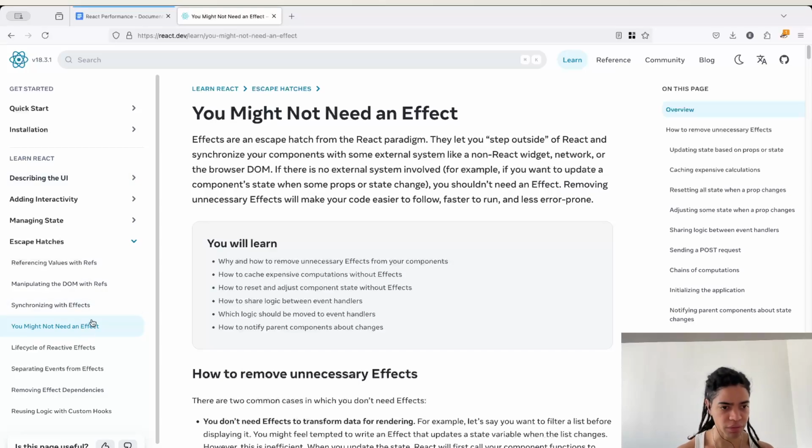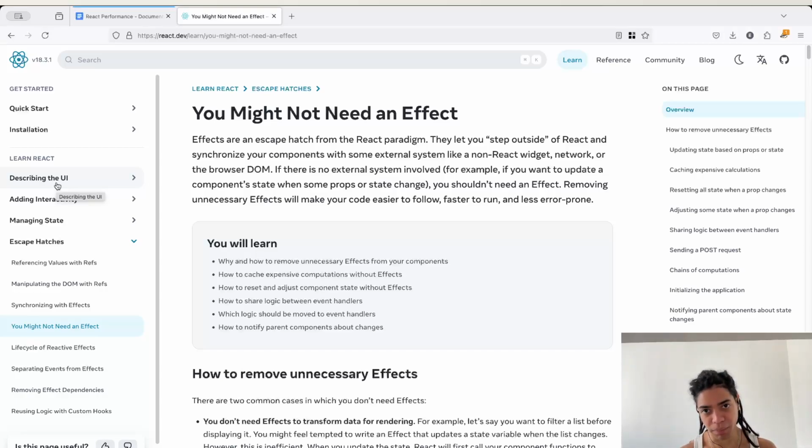I'm just going to focus now on synchronizing with effects, and you might not need an effect, as well as the life cycle. Here is what we're going to focus our attention. So React is a JavaScript framework that allows you to describe UI. And UIs here are JavaScript functions. We look at how we can import them, export them, how we can use a syntax called JSX as a way to connect JavaScript with HTML. Also, how we can pass data to these components through their inputs, through props,